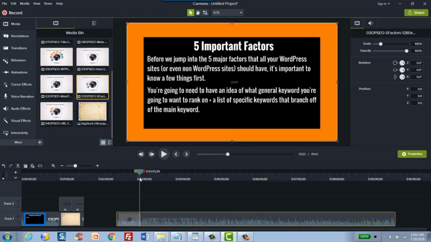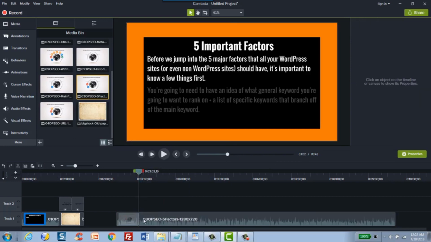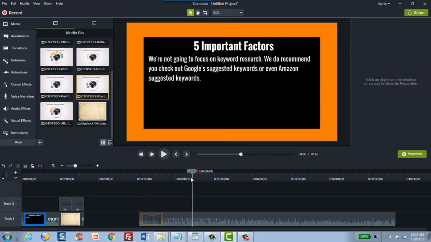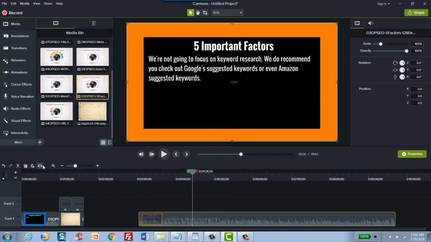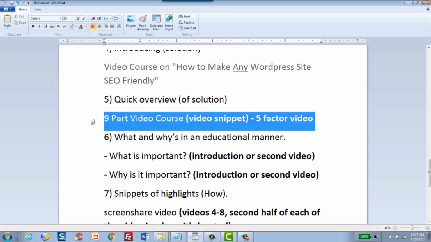So let's say, for example, that the snippet that we want starts from here and then it ends in here. So if that's the case, we want to put the marker here. We want to split it, and of course, delete everything to the left of it. And let's say that it ends right here. We'll split, and then we'll move that right here. All right. And then we move on to the next item, which is the